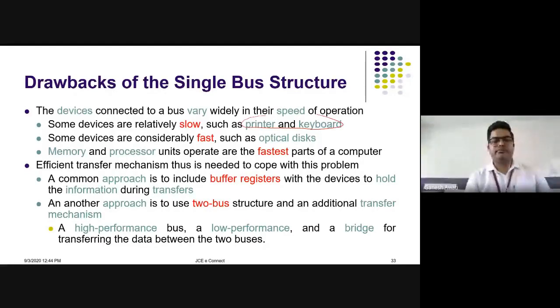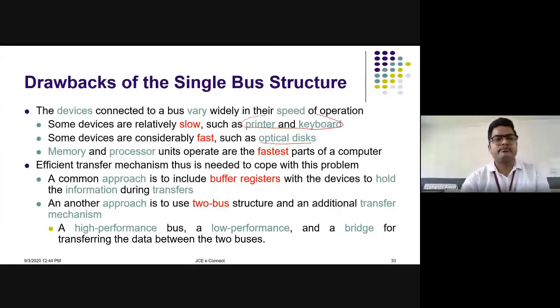If you want to take a print, what is happening? Whatever the data is, it will get converted into bits and sent to the printer. Again, the printer will convert it, and whatever the text was, it will print that. Those are the slower ones, and some are faster, like an optical disc. If you connect an optical disc to your computer, it will be faster. Recently you have different pen drives of different speeds, version 2, version 3. That depends on speed.